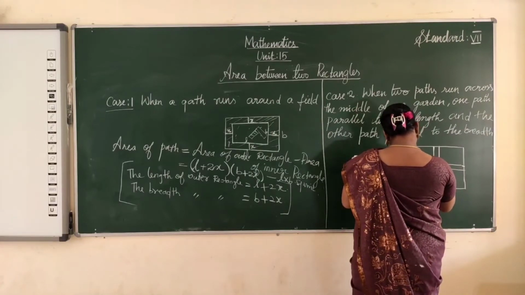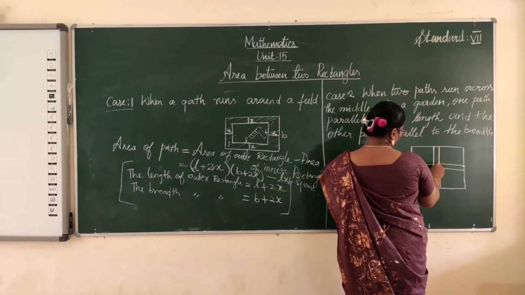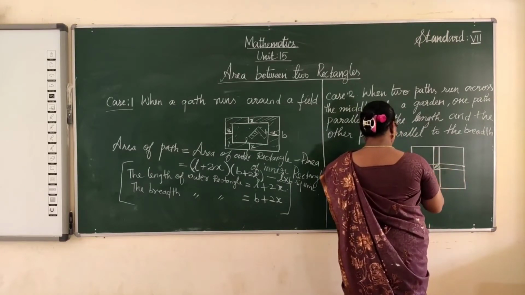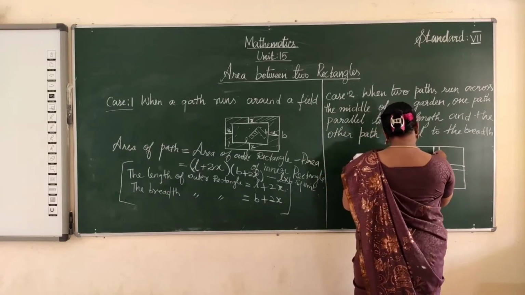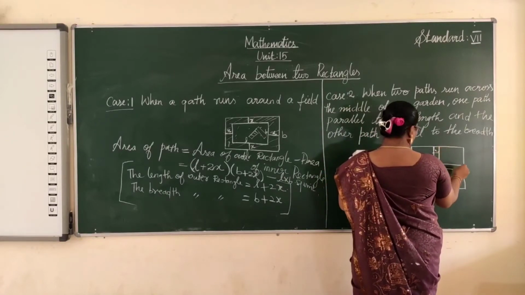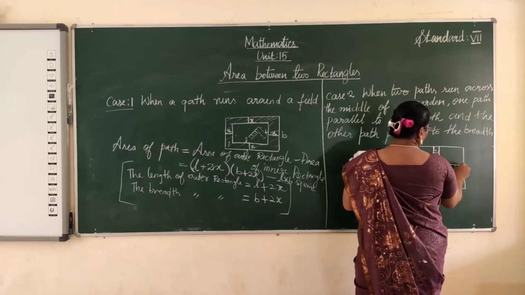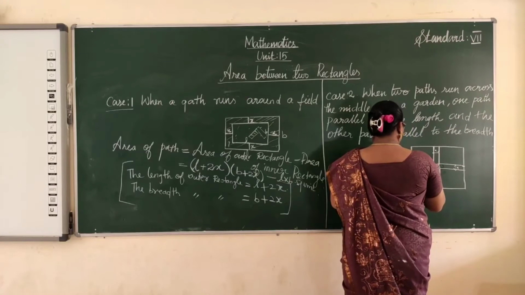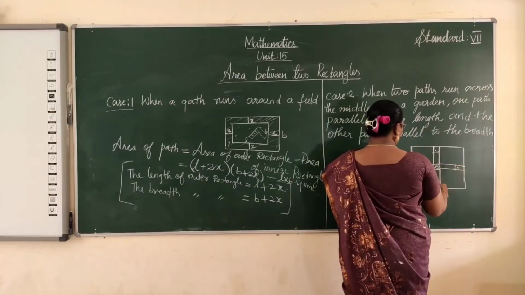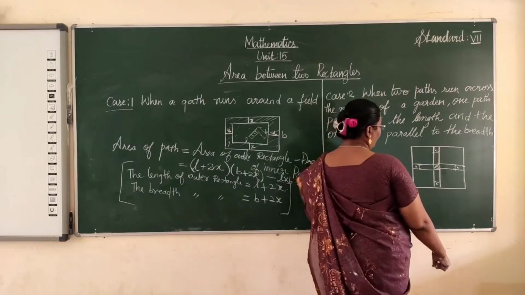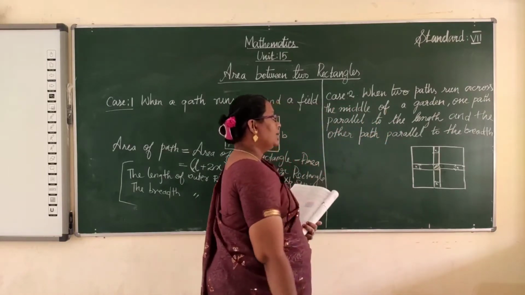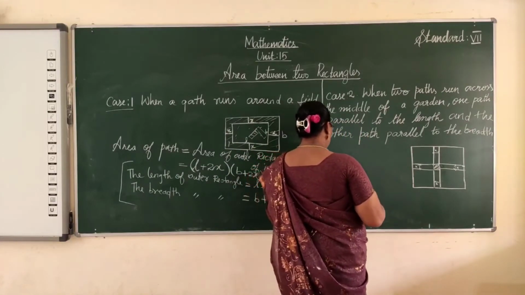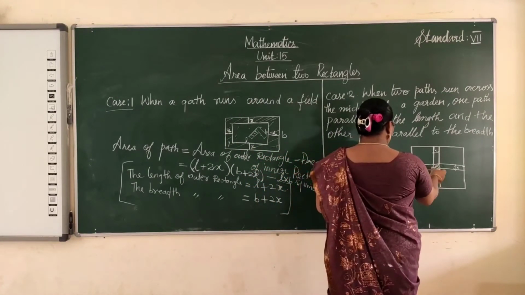okay, here there will be a garden. Garden, so we have to go this way and this way here. Okay, so then the width we have considered as x. Equivalent in length and breadth also. On all sides the width of the length path is equal and the width of the breadth path is also equal. Okay, so in this case how to calculate the total area except this one.